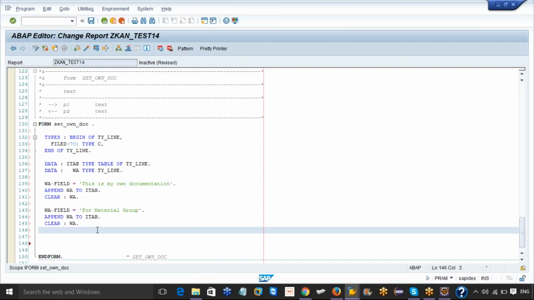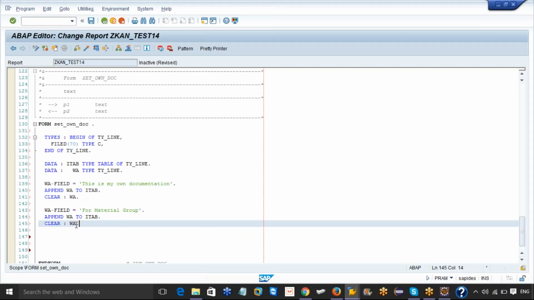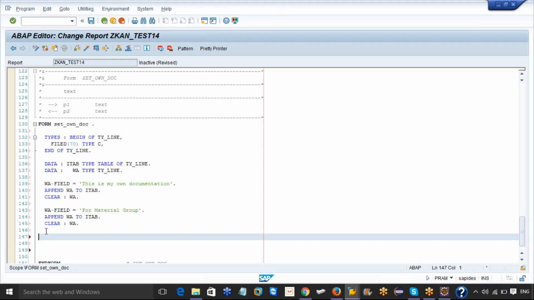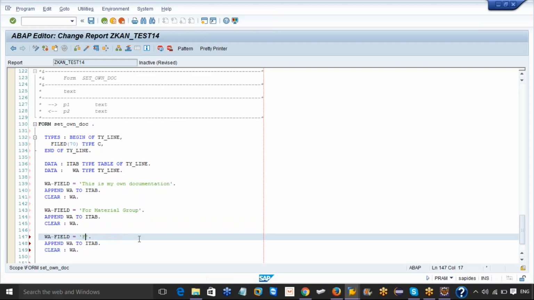See, something like, I'll show you otherwise. Say for example, I'll put one more line so that I will insert it so that you can understand. So similarly I will modify it and so on. So here I'll say for the material group